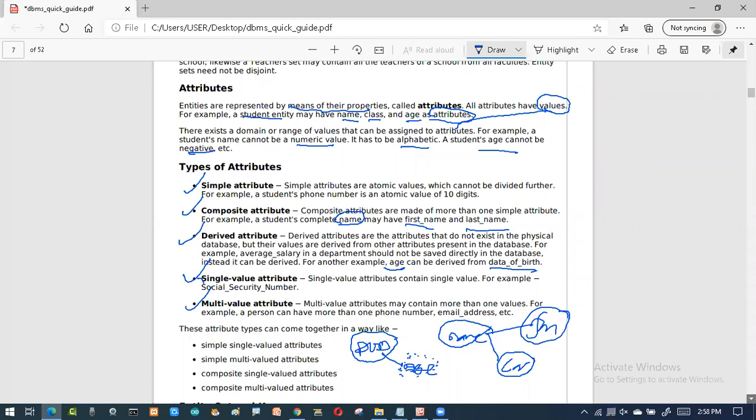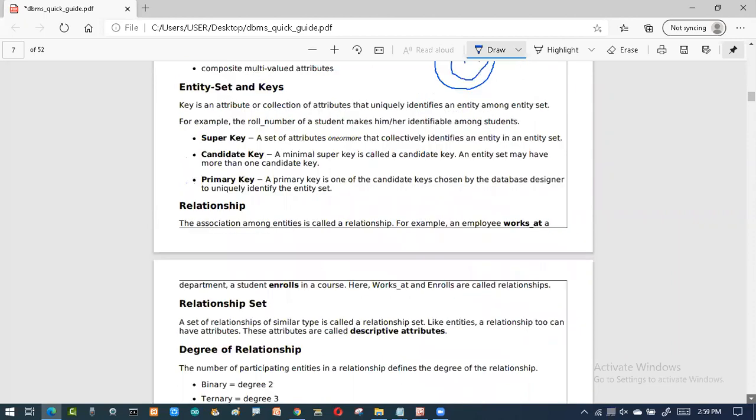So how will I be representing this? I represent the value like this. That means I draw two circles. If I draw two circles like this, then this is a multi-valued attribute. If I put the dotted line, it is a derived attribute. An attribute that has multiple attributes, we call it a composite attribute. So like this, we have different types of attributes. If you can see the examples, we will find this kind of example.